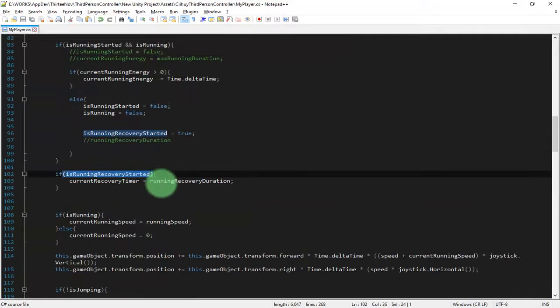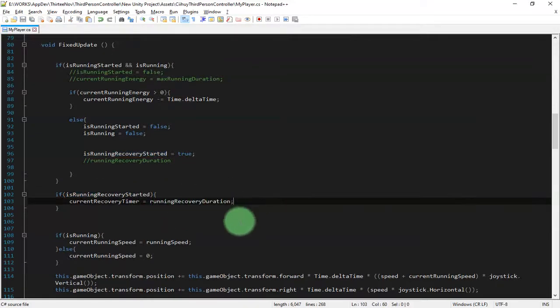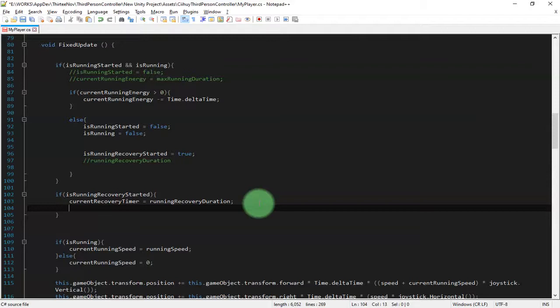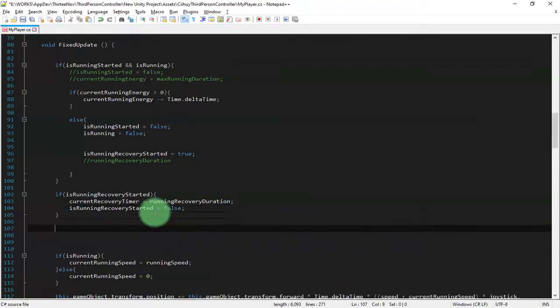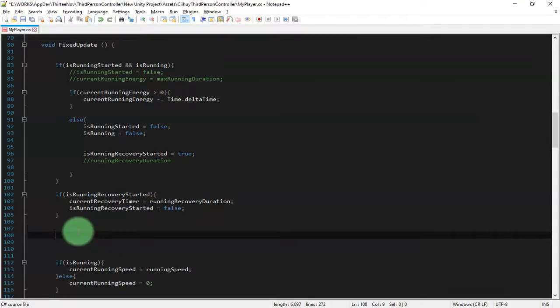Then I set the value of this isRunningRecoveryStarted to be false. And here, outside this if statement, I will check the timer. I will make it here.